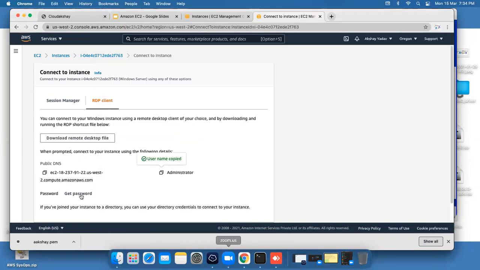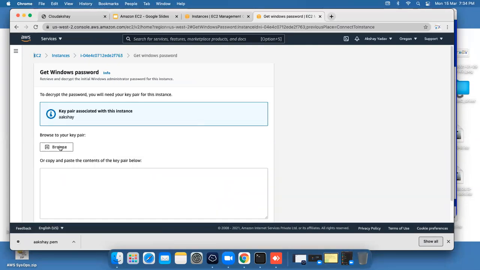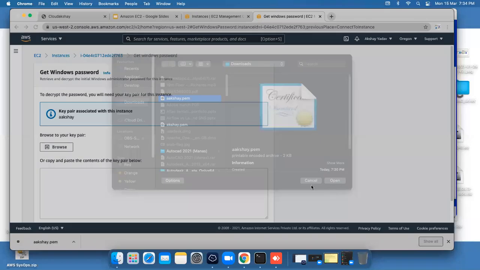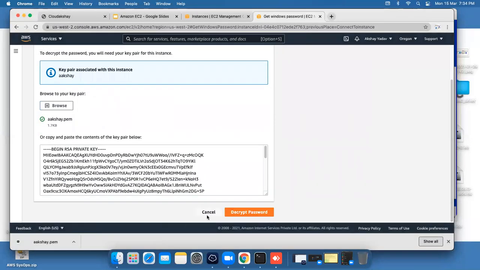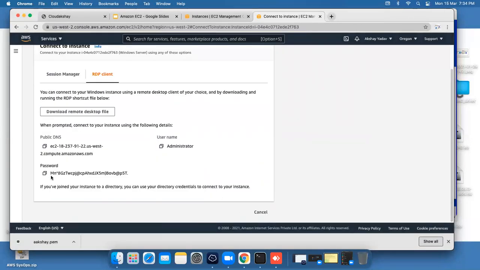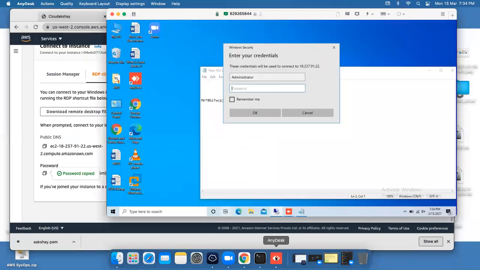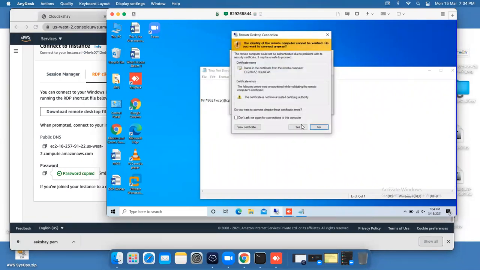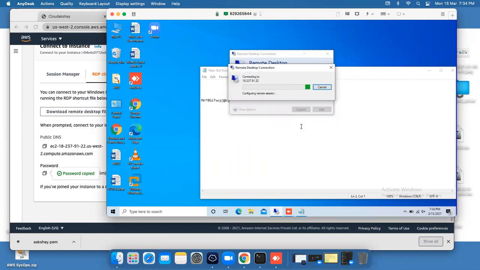And for the password, get password and use the same process, upload my PEM file and open it and decrypt this key. So this is my password, paste into this machine, hit enter and press OK. So you can see my RDP connection is configured and securing remote session.